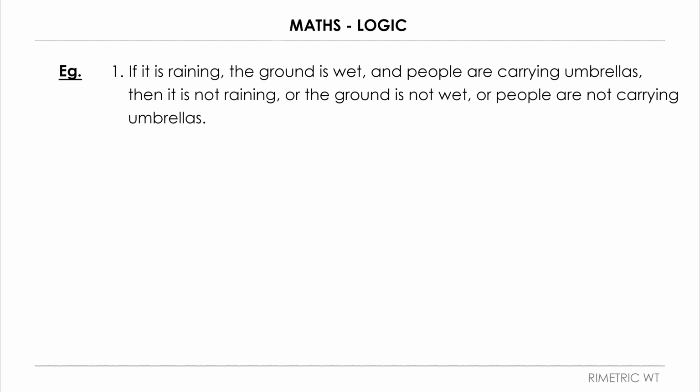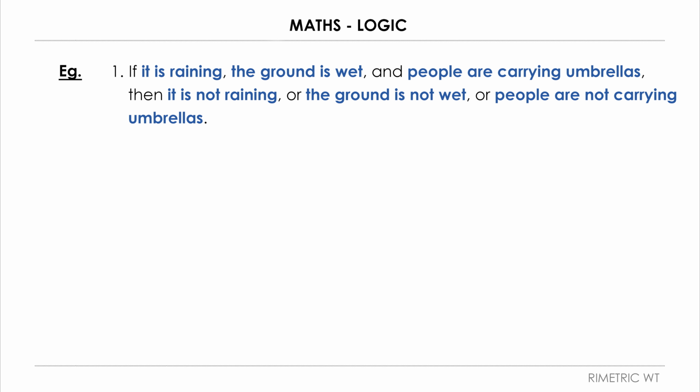Now, first, let's see how many propositions we have in the statement. As you can see, we have 3 propositions, which are P being it is raining, Q being the ground is wet, and R, people are carrying umbrellas. Once we determine the propositions, the next step will be determining the logical connectives. The sentence starts with if, meaning it is an implication statement, with a hypothesis, it is raining, the ground is